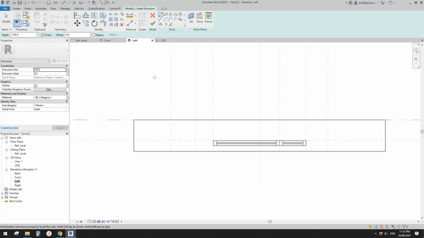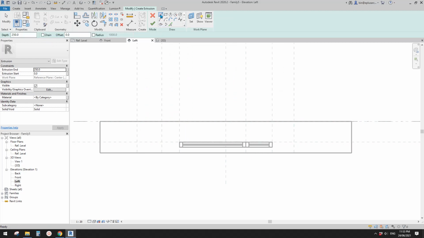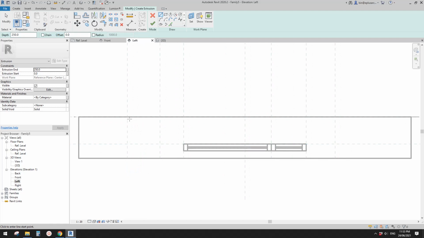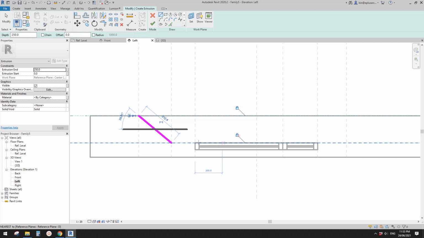Okay, create a solid. So let's do it. Extrusion. Okay, so what I'm going to do is I'll uncheck this chain. So this is another tip. If you uncheck chain, once you create a line, for example, if I draw a line from here to here, you will have the option to lock this. If you have this chain checked, once you finish this one and move your cursor, you will not have the chance to lock them. Okay, so let's lock them and then continue